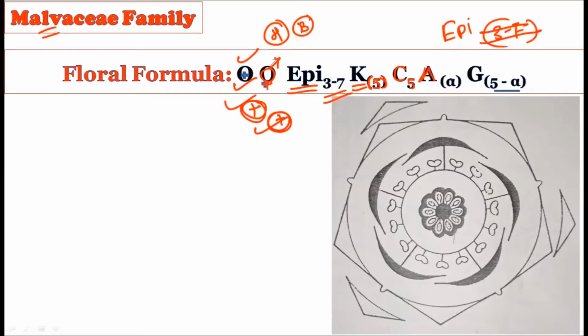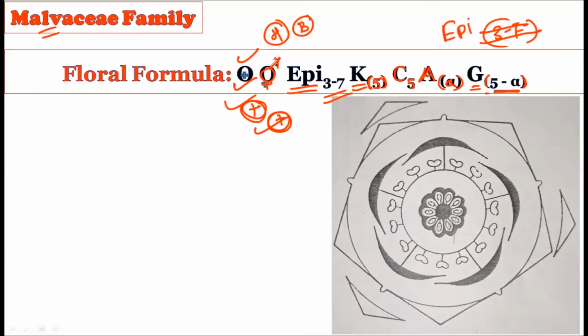Androecium, yes, androecia are indefinite and they are fused. A single staminal tube is formed by them, and hence they show the indefinite number, and there is a bracket around this indefinite sign because a single staminal tube is formed by them. Then the gynoecium, okay, gynoecium can range from 5 to indefinite and the ovary is superior, and hence the underline is given, and these gynoecia are syncarpous and hence the bracket is shown here.